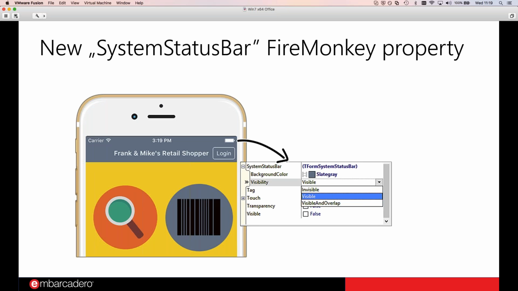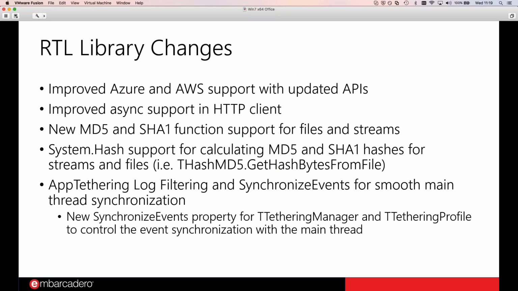the status bar of your form, but also some RTL library changes. So our cloud API support for Microsoft Azure and Amazon Web Services is going to be updated with the latest APIs, improved asynchronous support in the HTTP client, new functionality in the System.Hash. So System.Hash unit now contains more functionality. You can easily calculate MD5, SHA1, SHA2 hashes from strings, from streams, from bytes, and also